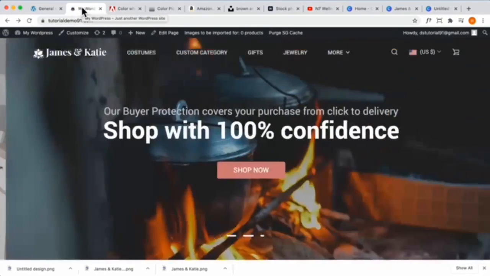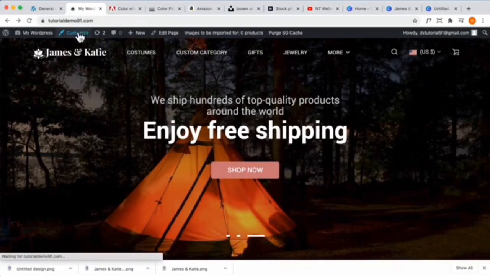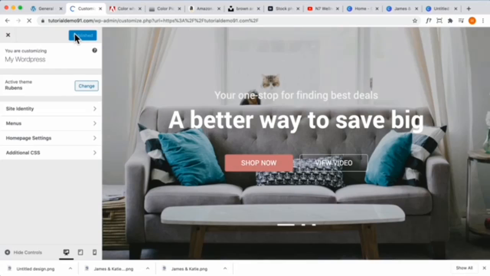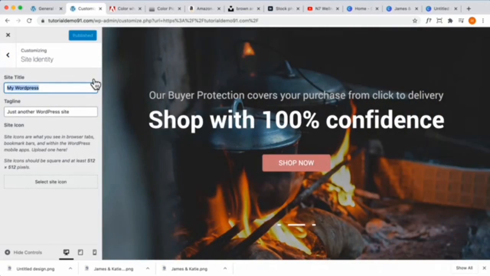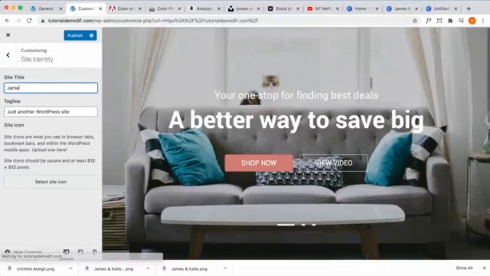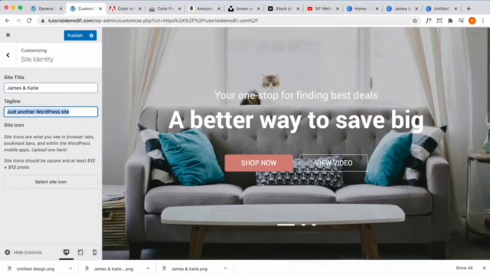So if we hover over here next to it, it says My WordPress, just another WordPress website. We can change that as well, and I recommend it. So click on the customize, click on the site identity, and we're going to change the site title. So I'm just going to call it, I think, maybe, let's just call it James and Katie as the brand name, I guess. And let's just say, you know,